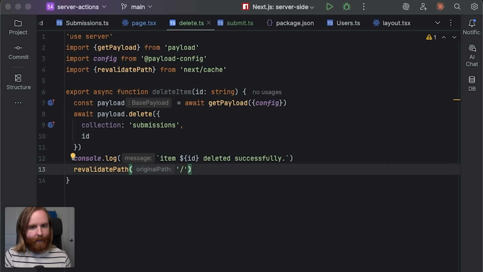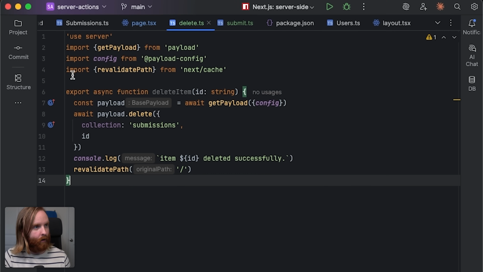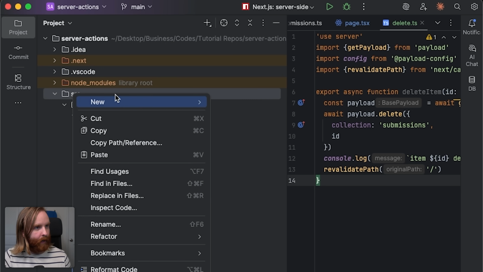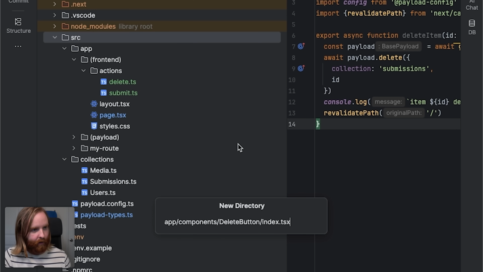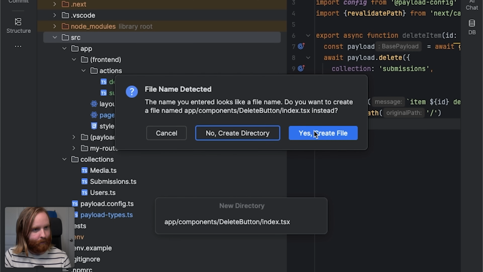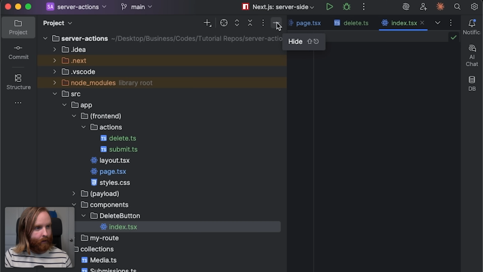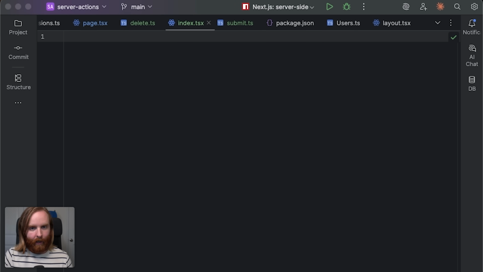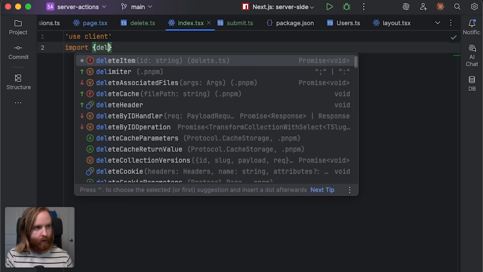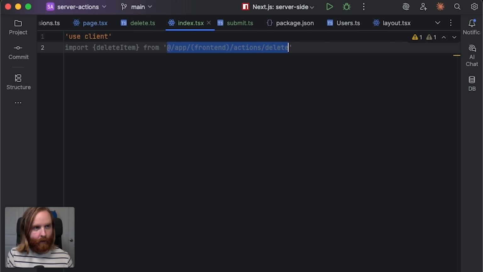Then we're going to create a delete button component. So in our app directory, I can create a new file, which will be called index.tsx. So this is going to create a new directory in the app folder, in the components folder, and the delete button folder, and it's going to be called index.tsx. And I'm going to create that file. And in this file, I am going to use client, and I'm going to import our deleteItem from our front end actions